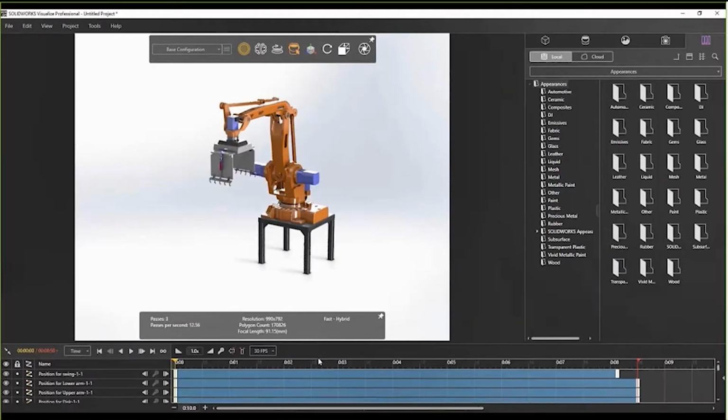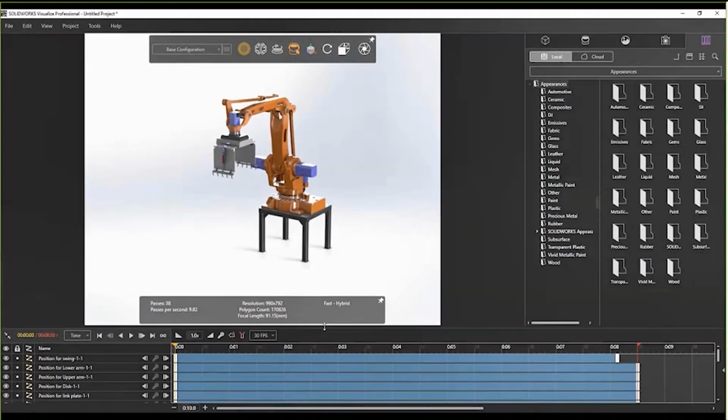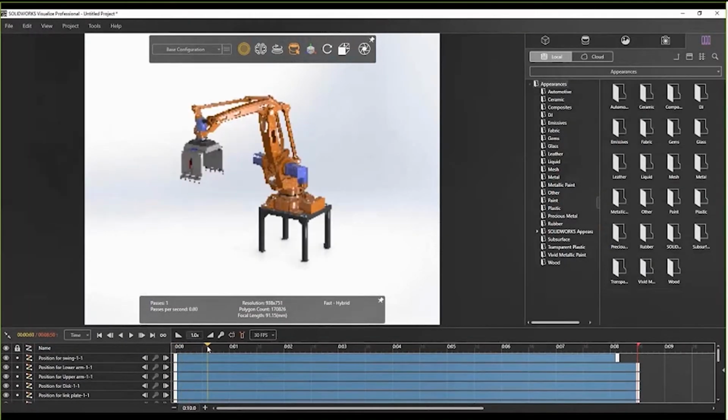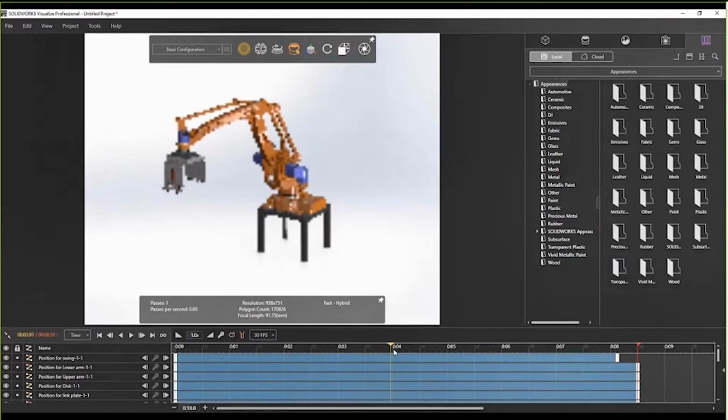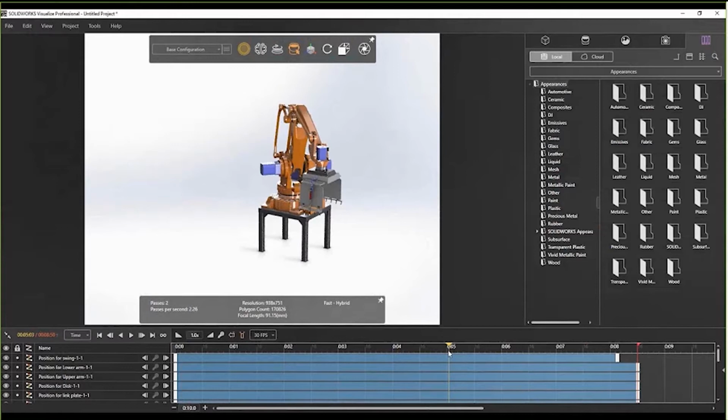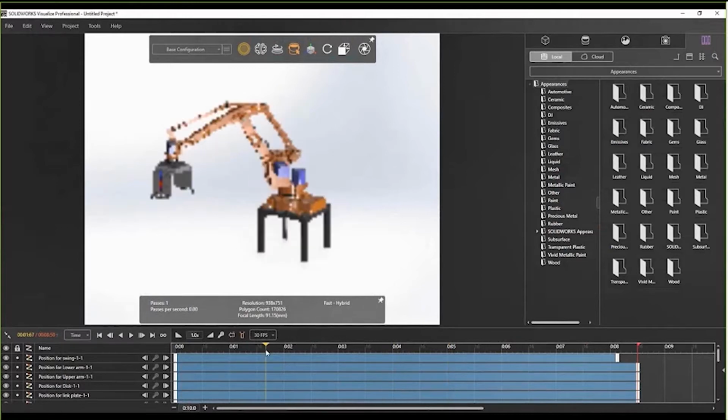So if I turn on my timeline, just use a Control L, I've now got all of that movement captured without me having to physically do anything inside of Visualize. It was all already captured inside of SOLIDWORKS and pushed over, right? So we're just scrubbing through, taking a look at all those steps, and then